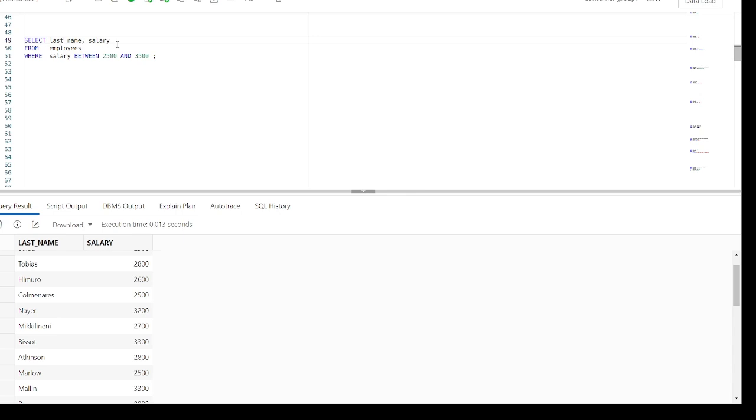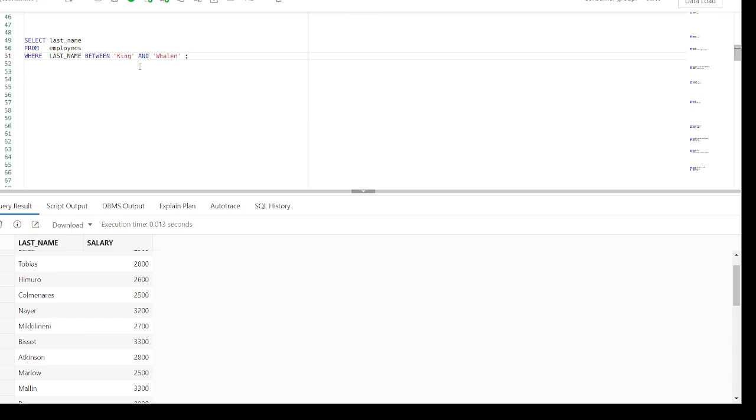Suppose we want to select only the last names from the employees table where the last name is between King and, let's take, Wallen.